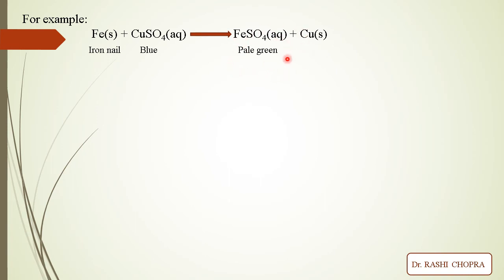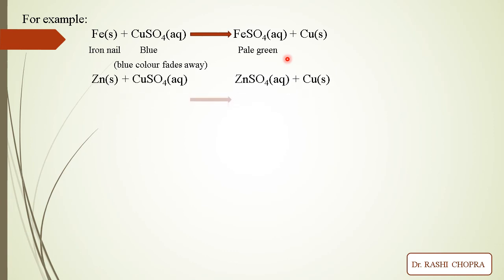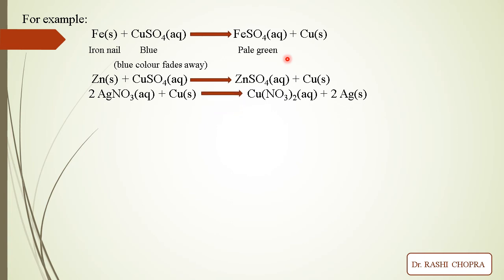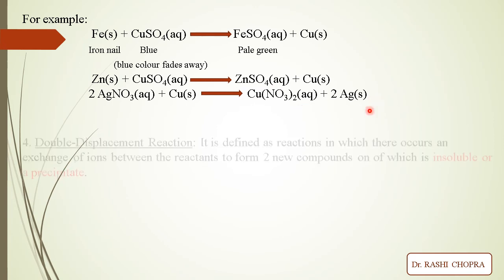So there are two observations whenever you do this experiment in your laboratory: first, the blue color changes to pale green, and second, small brown particles of copper are suspended in the solution. Another example is AgNO3, silver nitrate. You take one or two copper turnings, add them into a test tube, and add silver nitrate solution. Since copper is more reactive than silver, it is going to displace the silver from the silver nitrate solution, resulting in the formation of copper nitrate, and silver will be there.